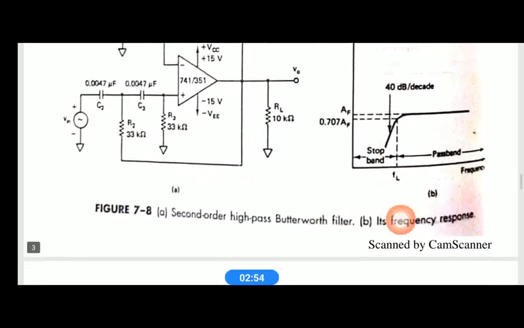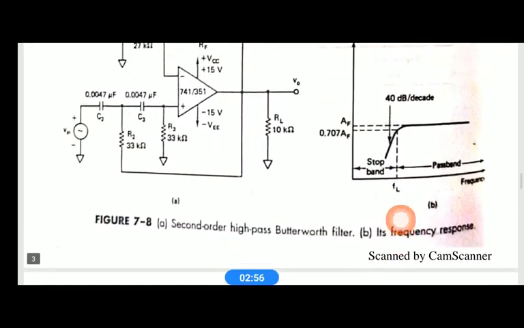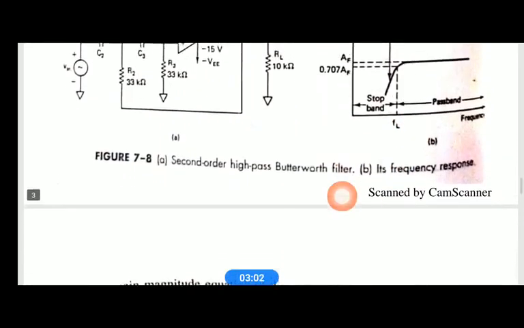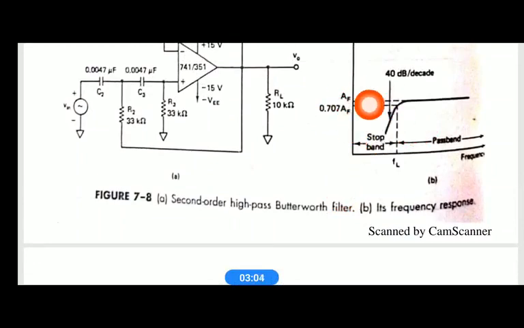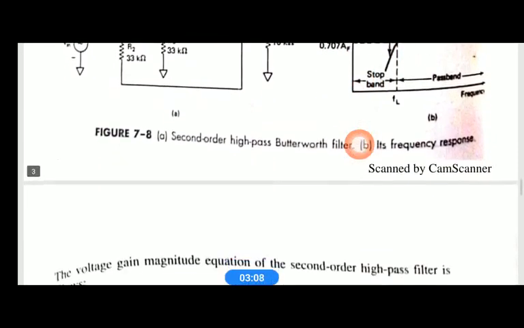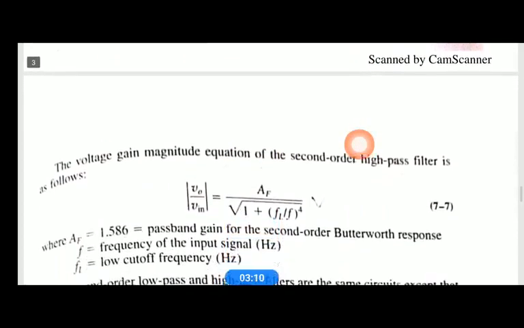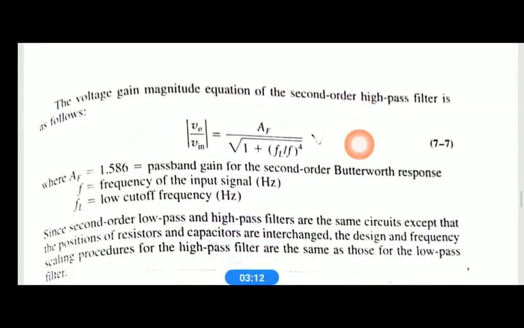Here, it is a high pass filter, therefore the pass band is above FL and the stop band is below FL, right? All the things are similar to what you learned in the first order. Only thing is the increase in gain before FL is 40 dB per decade, right? So the magnitude of the gain is equal to AF divided by root of 1 plus FL by